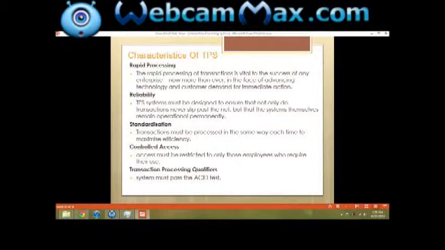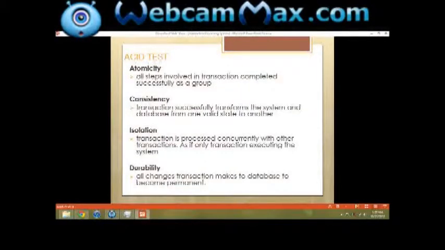Controlled access. The TPS must be restricted to employees who need it, or to those employees who are authorized in manipulating this TPS. Then lastly, this TPS must be able to pass the ACID test. So what is the ACID test and its connection with transaction processing qualifiers? To meet those qualifiers,